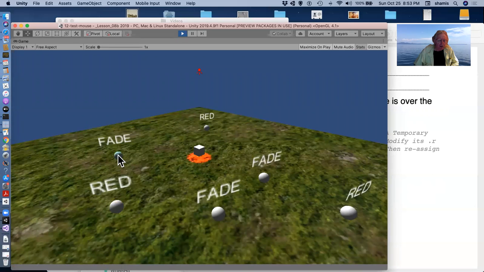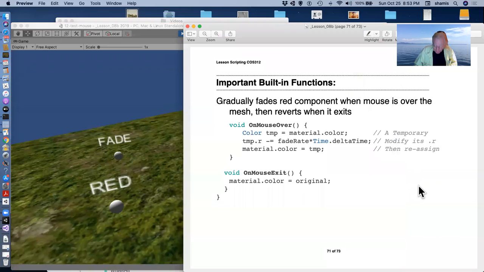If I enter a fade one, it fades the red out to cyan and turns it back to white again. It fades, turns to red. Okay, so anyway,